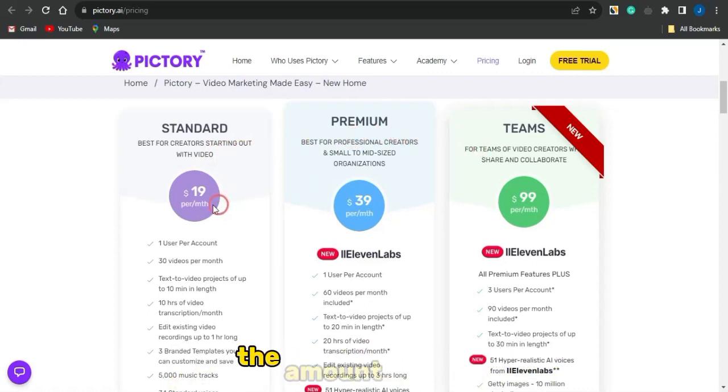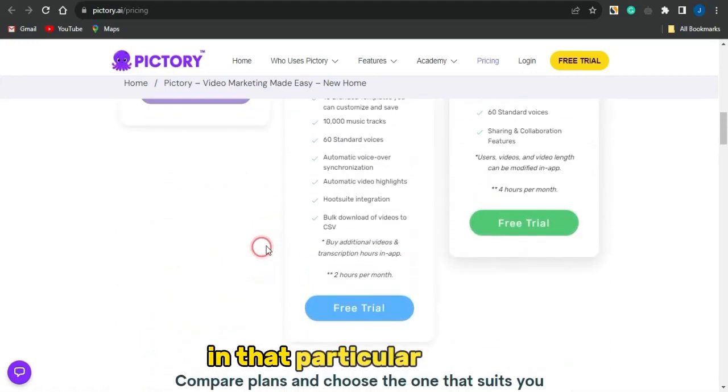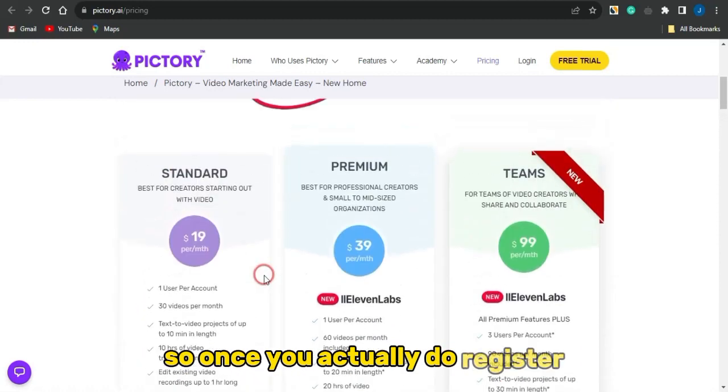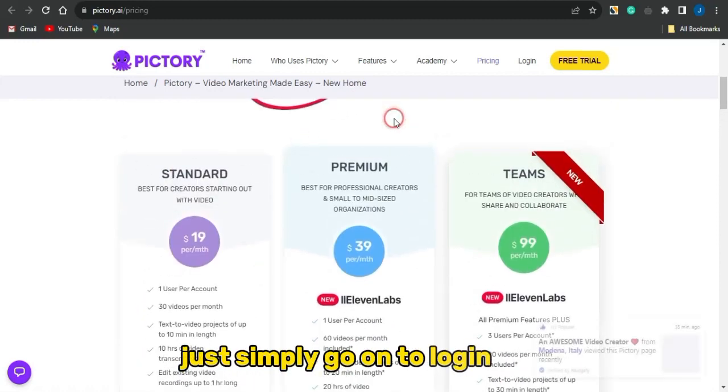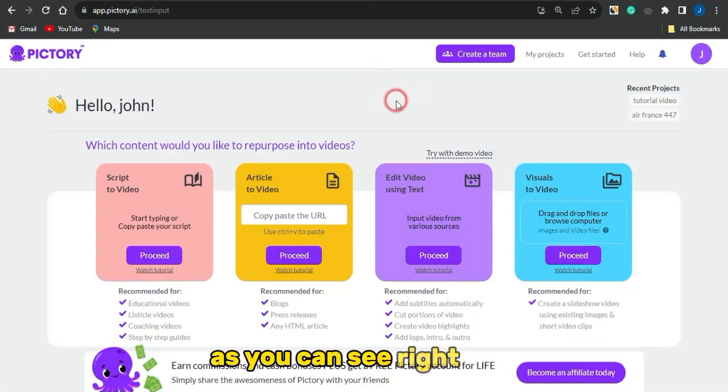You can see the amounts for each plan right here, and you could also go on to seeing the features of each plan right now in that particular section. So once you actually do register for an account, just simply go on to logging into your account. If I do log into my account right now, as you can see, I can go on